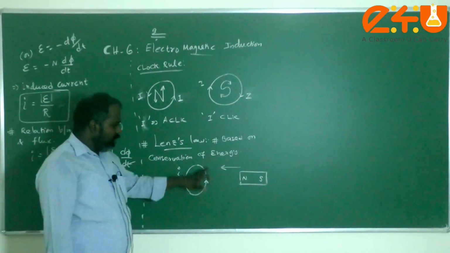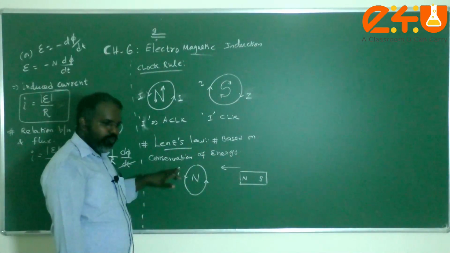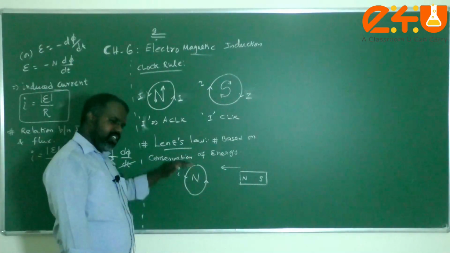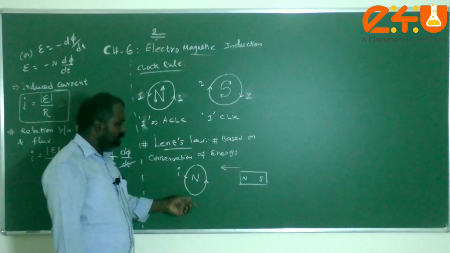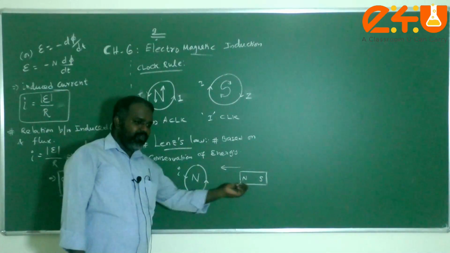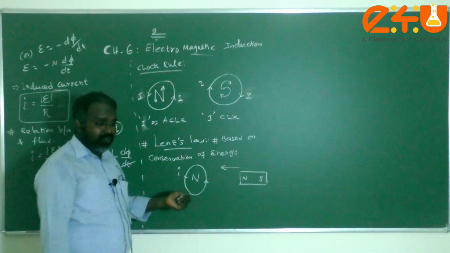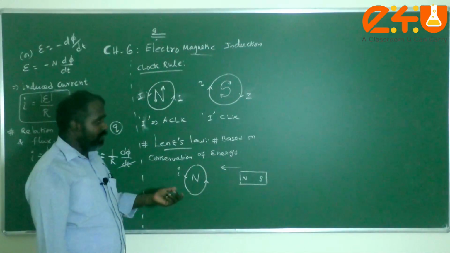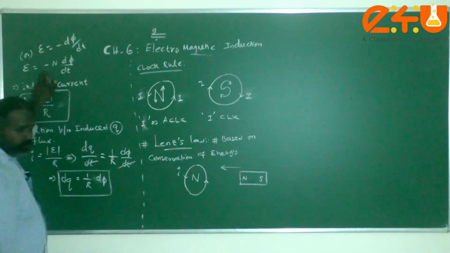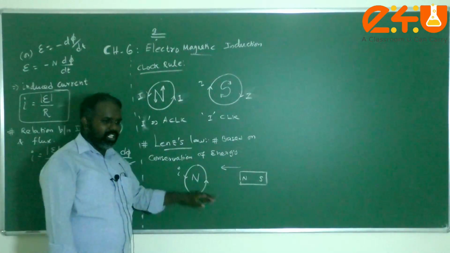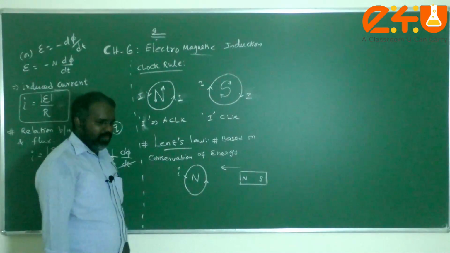The direction of the induced current will flow in such a manner as to oppose the change of magnetic flux. To oppose the what, children? Change of magnetic flux. For that opposition property only, we are using the negative sign. So this is the explanation of what, children? Lenz's law.